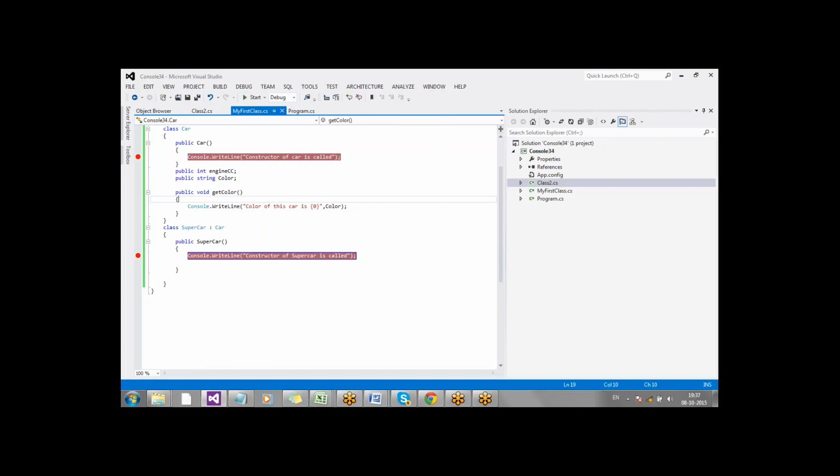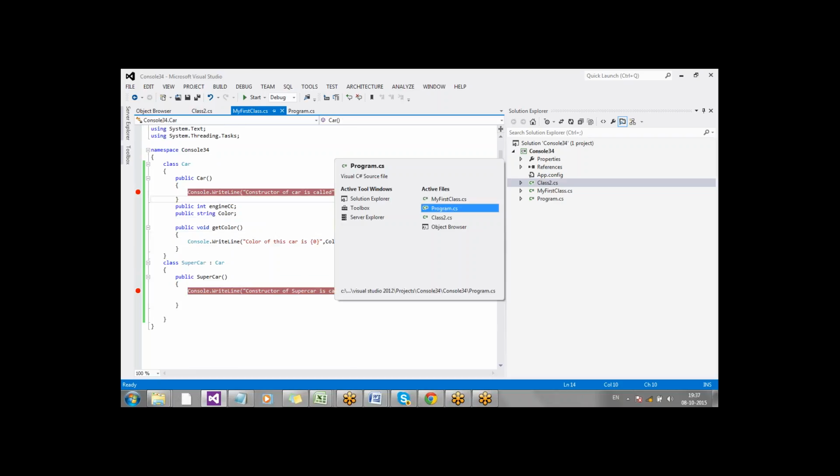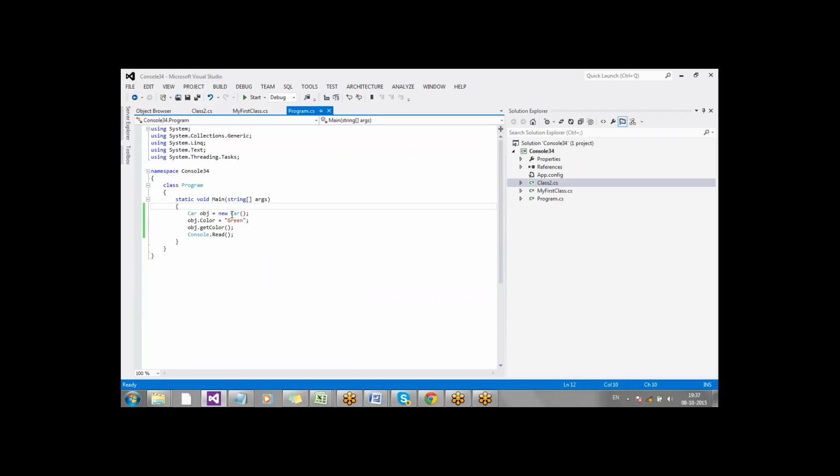Fine. Now let me do something else. Let us try some other statement. Can I create a statement like this? Will it execute?